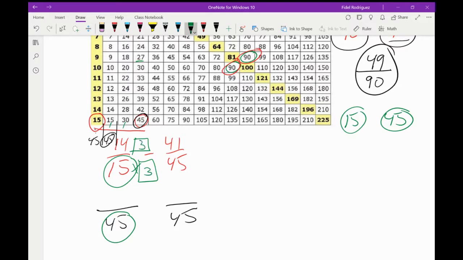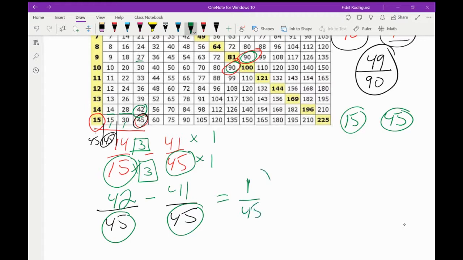So I'm going to multiply 14 by 3. And if you ask how do I do 14 times 3, there's 14 times 1, times 2, times 3. So that's going to give me a 42. And then I'm going to say, what did I have to multiply 45 by to get 45? Well, I didn't really have to do much. I could multiply it by 1. So 41 times 1 will still stay 41. And if I subtract them, 42 minus 41 will leave me with a 1 over 45, and so that'll be my answer.